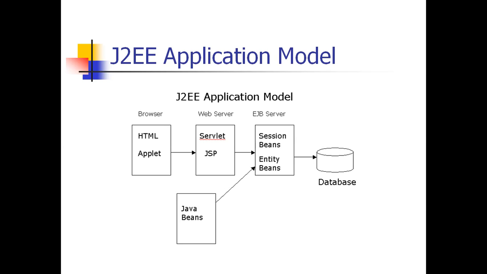We also have the EJB server, and this is called EJB tier sometimes, and there we use Java Bean. Java Bean safely collects the data from the database and sends it to the web server. So EJB means Enterprise Java Bean, and Enterprise Java Beans are of two types: Session Bean and Entity Bean. The role of Java Bean is to safely access the data from the database and send this data to the web server. So this is the application model of J2EE, Java 2 Enterprise Edition.